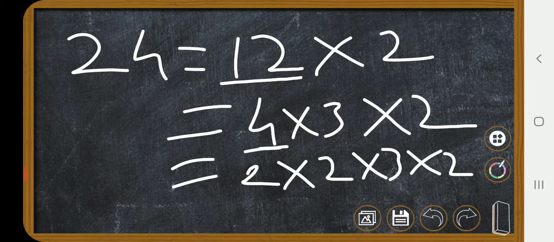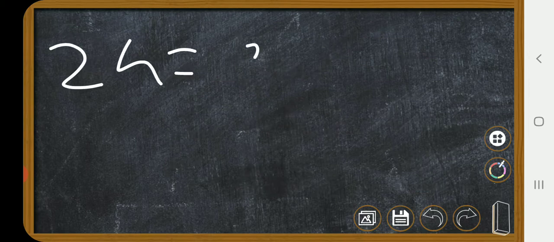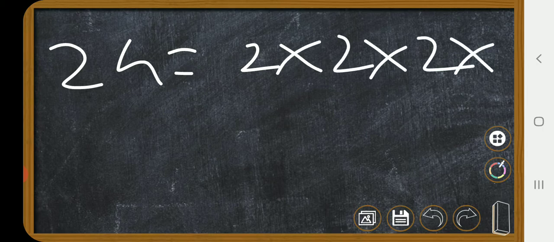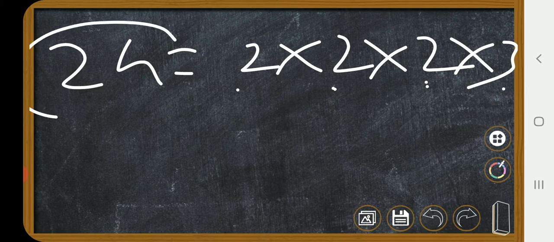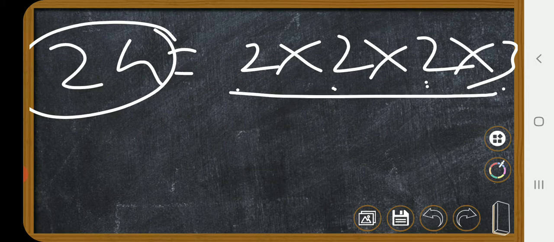So these are the prime factors, three 2s and one 3. What are the prime factors of 24? 2 multiplied by 2 multiplied by 2 multiplied by 3. 2 twos are 4, 4 twos are 8, 8 threes are 24. Whether you do the horizontal or vertical arrangement, you should get the same product as the answer. There should be no change in the answer, the product of these numbers. Okay, understood?